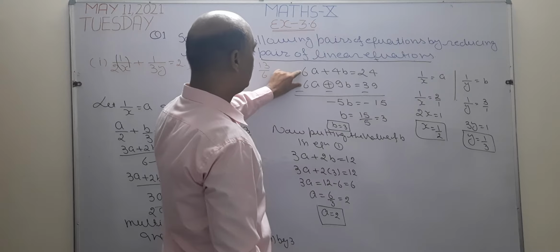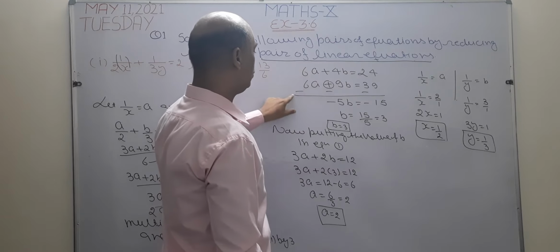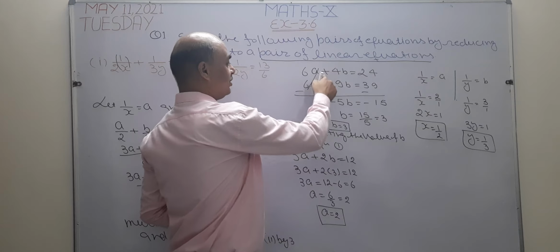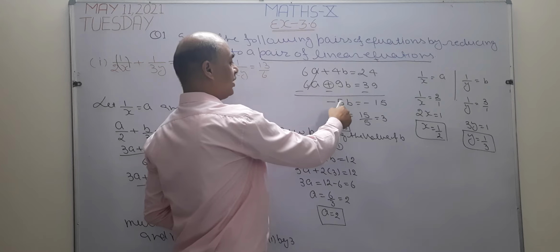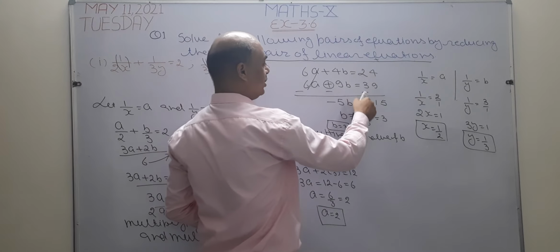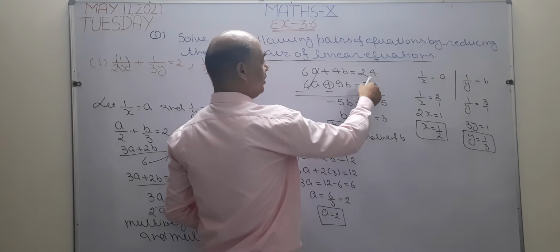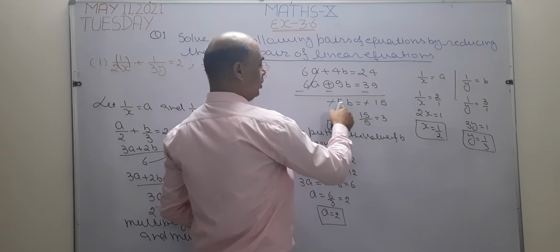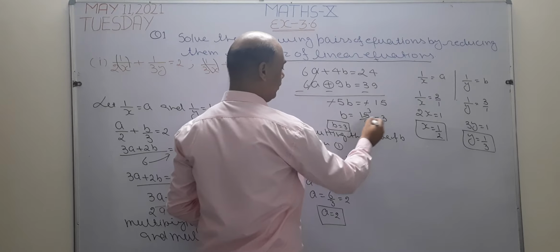Since the signs of the coefficient of a are the same, I am going to subtract them. For subtraction, I am going to change their signs. Now see, this is positive and this is negative. This is going to cancel. Plus minus minus, whose sign is taken? Negative sign is taken. So 9 minus 4 becomes 5. Again plus minus minus, the sign taken is minus because this number is larger. So I take the negative sign here. 39 minus 24 is 15. Now this minus is cancelled with minus. Now 5 goes into 15, 5 1s are 5, 5 3s are 15, so the value of b becomes 3.